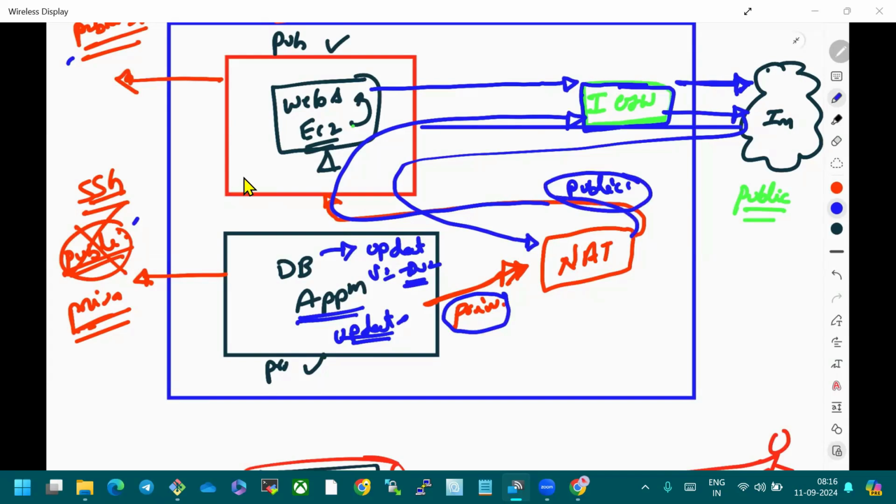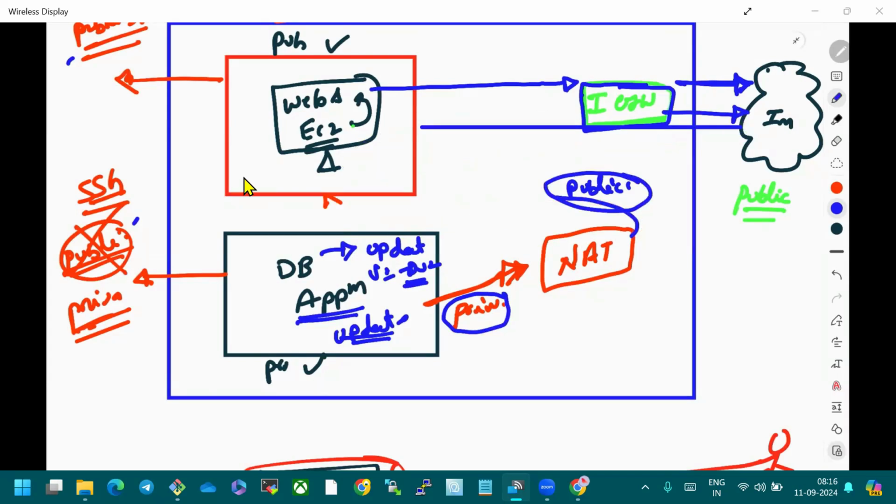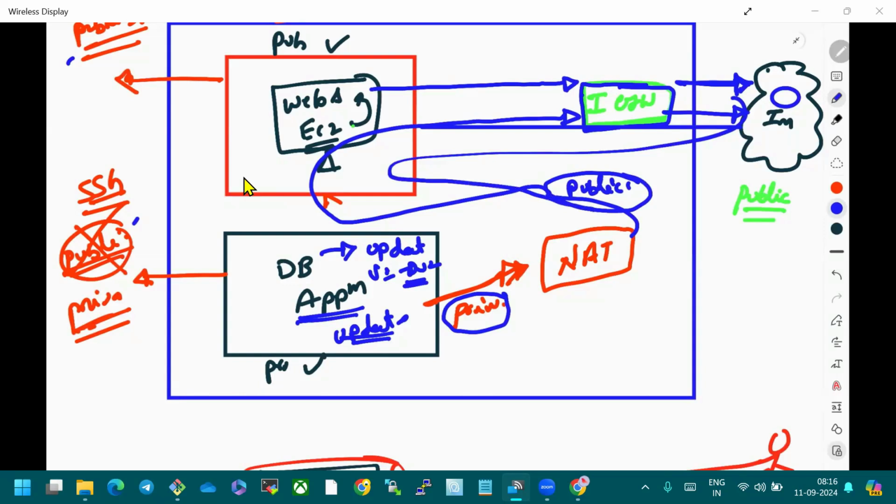Then through your internet gateway, it will go out to the internet. Then once it gets all the updated details, again it will come back. Again, it will convert this public IP into your private IP while coming in. While going out, convert private to public. While coming in, public to private. Clear?